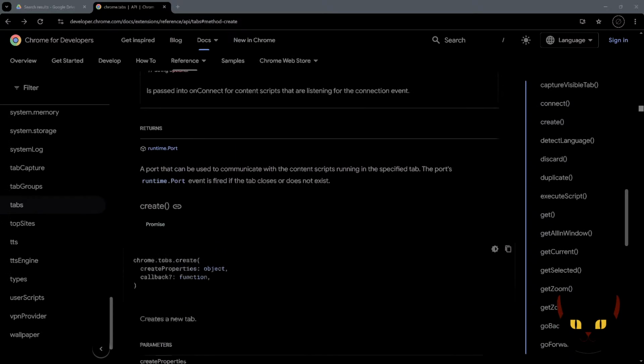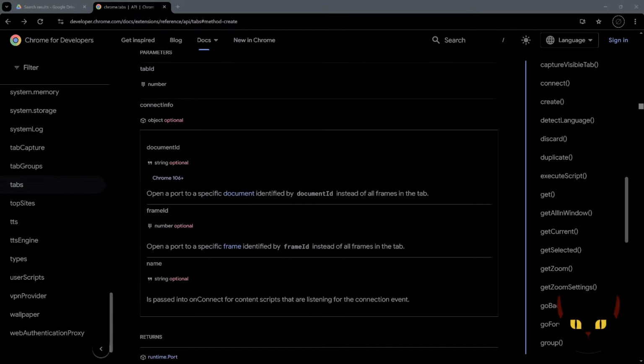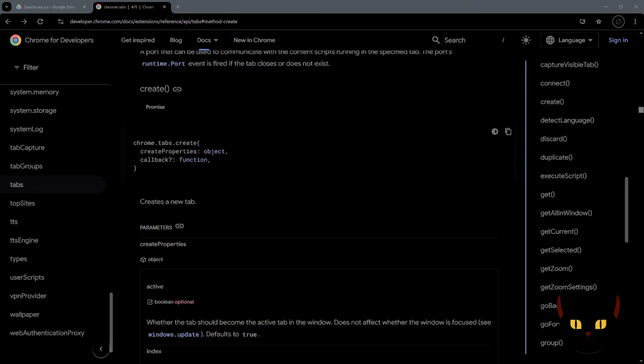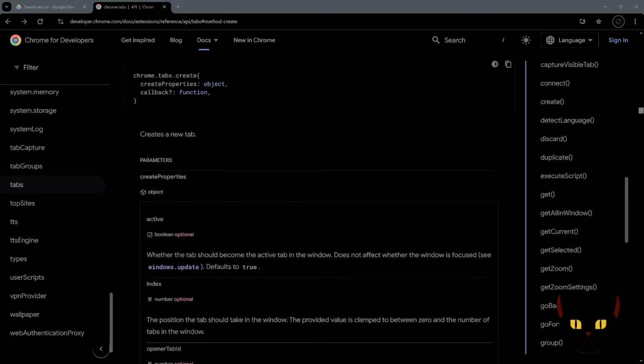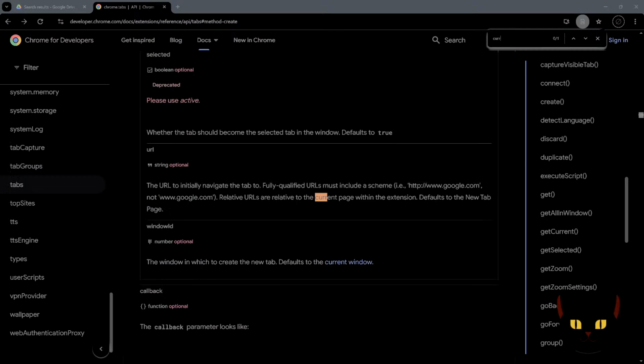Sometimes they'll link similar functions together. Create. Creates a new tab. It's not super helpful. Tab occurs 500 times on this page. That's not useful either. The current